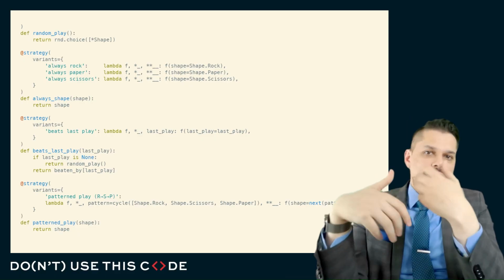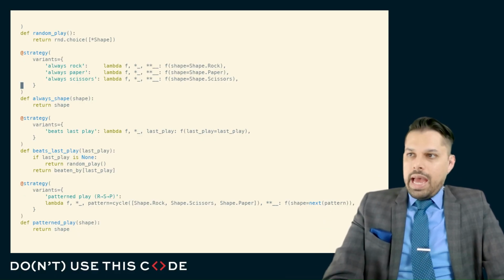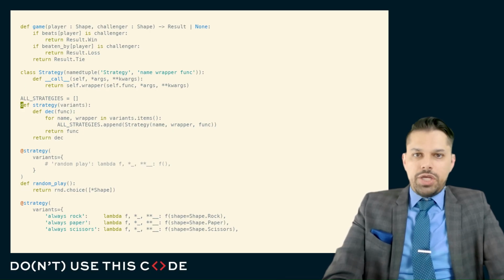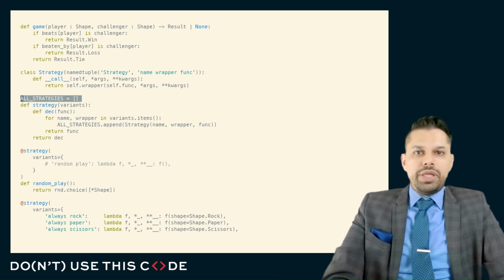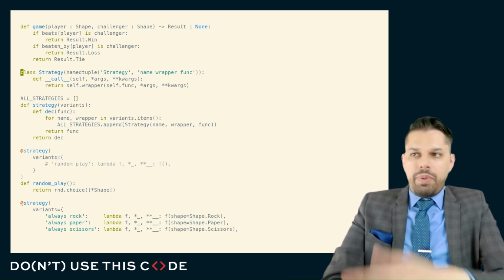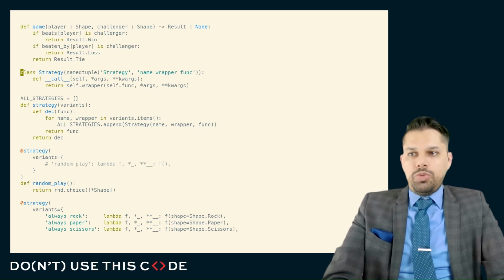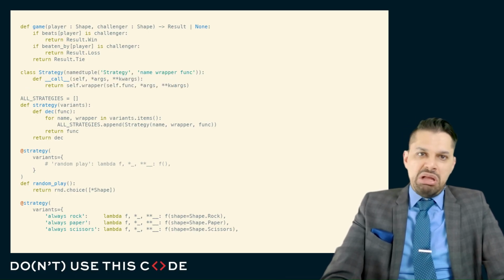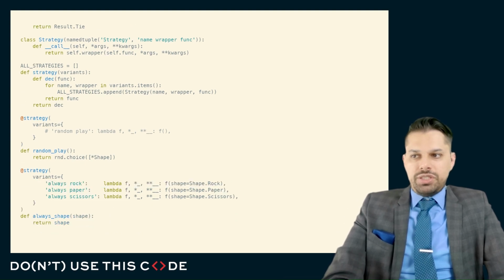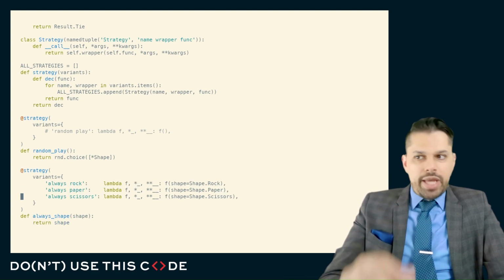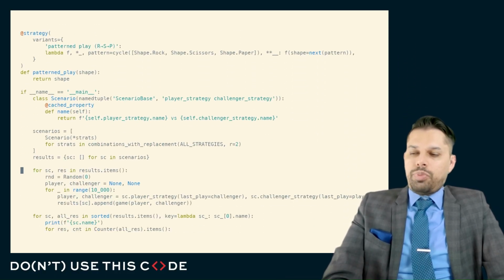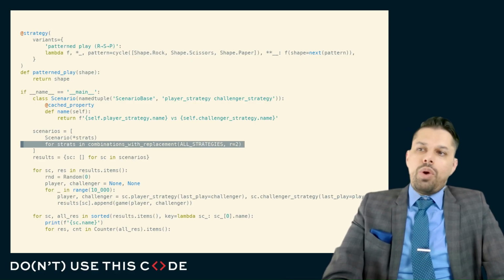We can come up with other patterns and see how those patterns play against each other. Our decorator will just take the variant specification that we have and the function and populate a global list with each one of those. That global list will be populated with these strategy named tuple objects, and these are just going to allow us to call what the underlying strategy is with some intermediation to specify what that variant does, some extra arguments that are passed into that variant, and allow us to programmatically identify what all of our combinations